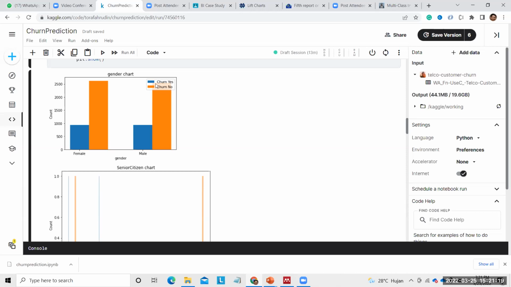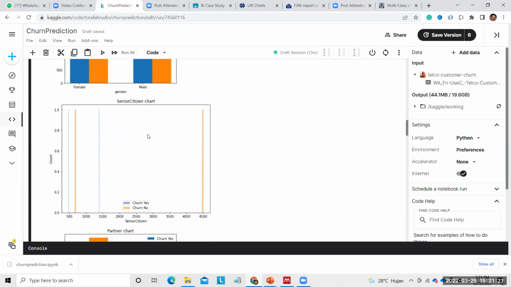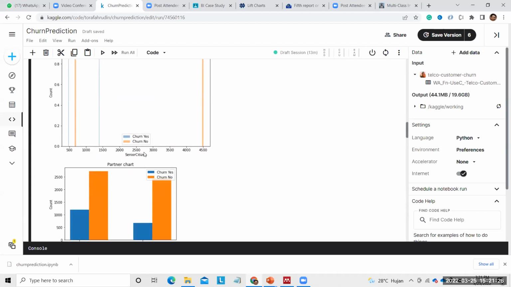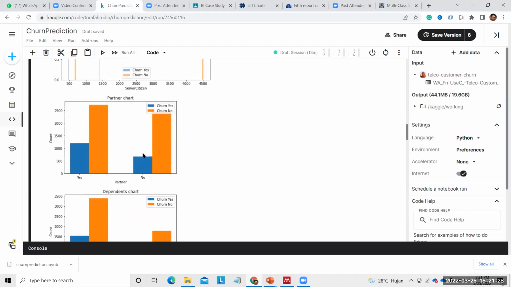For the gender, it is the same. There is no issue. For senior citizen, I think there is no issue. Partner, now we can see that if he gets a partner, it tends to be more, more to be gen.